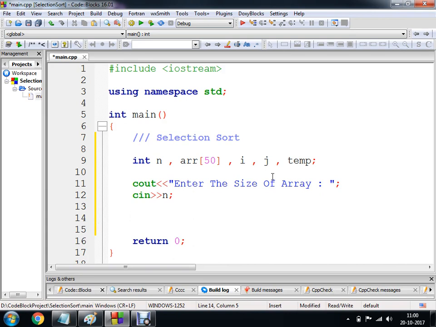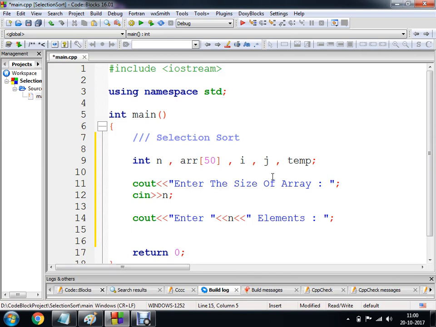After that, I'm going to make use of a statement, enter... तो यहाँ पर जितना भी यूजर साइज डालेगा उससे उतना ही मैं एलिमेंट्स यूजर से एंटर करा दूँ. तो मैंने यहाँ पे लिख दिया एंटर n एलिमेंट्स इन एन एरे.